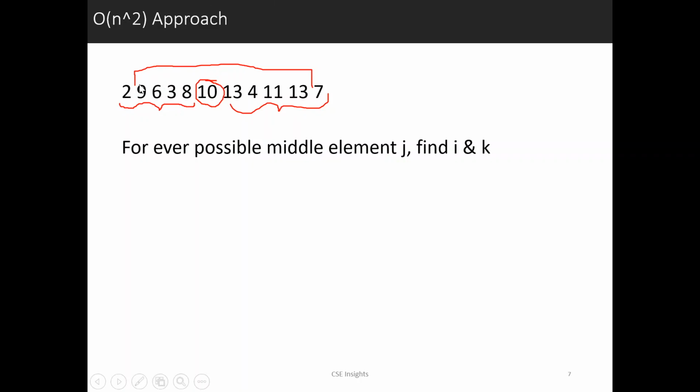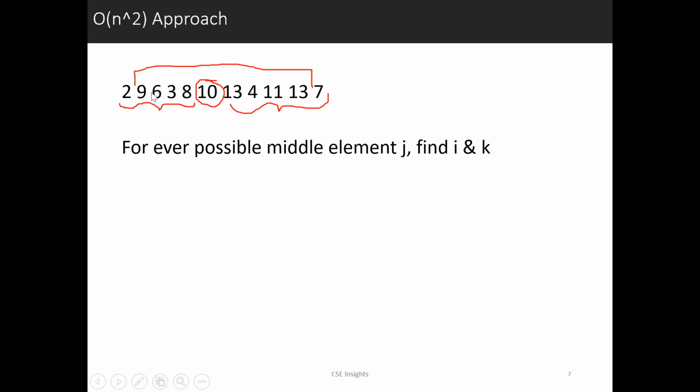So let's take an intermediate step where our middle element is considered as 10. Now I will run a loop to find the maximum possible value on the right. It is 13. It is greater than my current element a of j. Now I can run a loop on the left hand side to find the maximum possible value, and it should be less than 10.